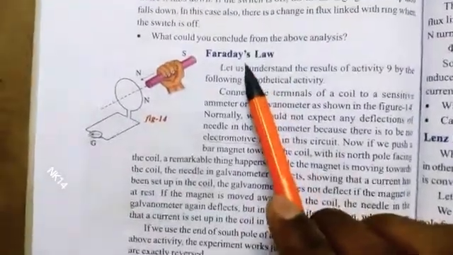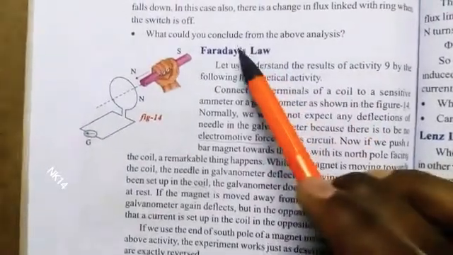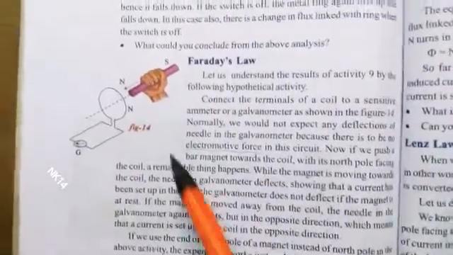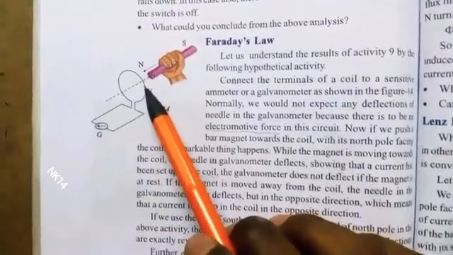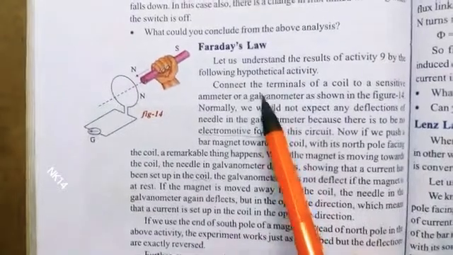So what is induced current? All the upcoming induced current and Faraday's law we will see in this total activity. So let's proceed to our activity. For this activity we require materials like a bar magnet, a coil, and this coil is connected to a galvanometer. Next let's proceed to our activity.